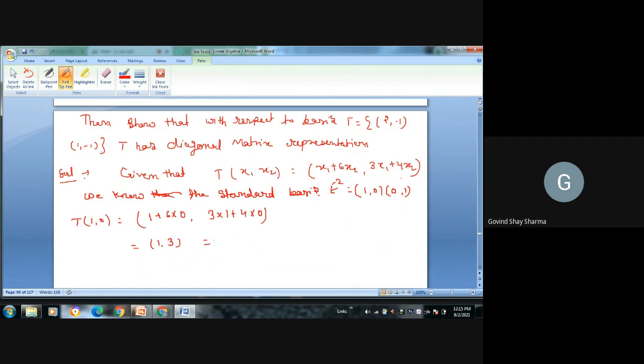Now we can write in the standard basis e2: 1 times (1, 0) plus 3 times (0, 1). The matrix becomes